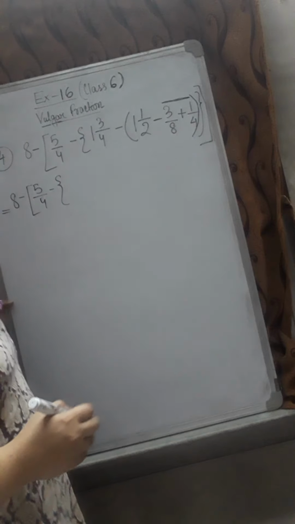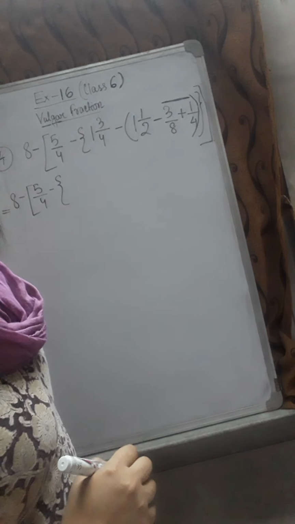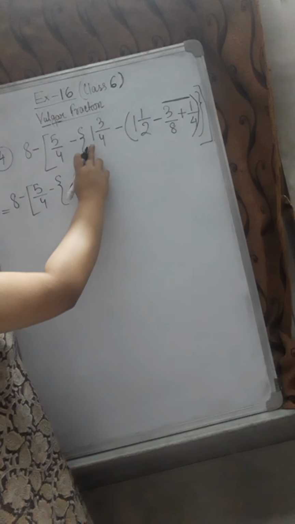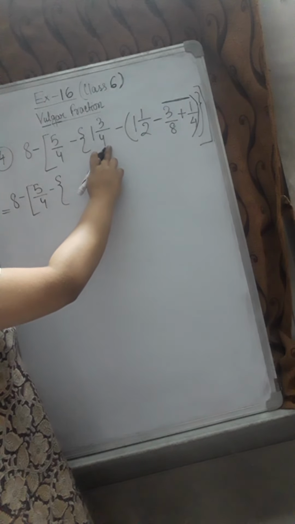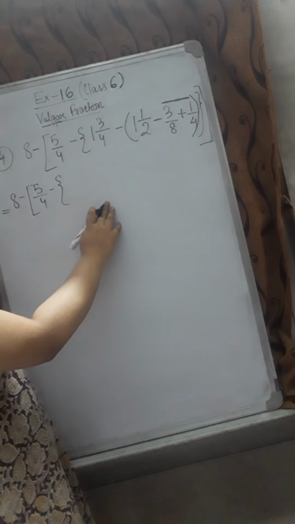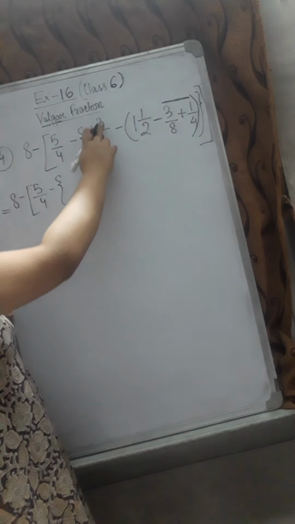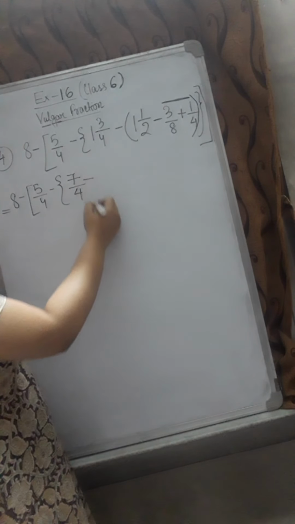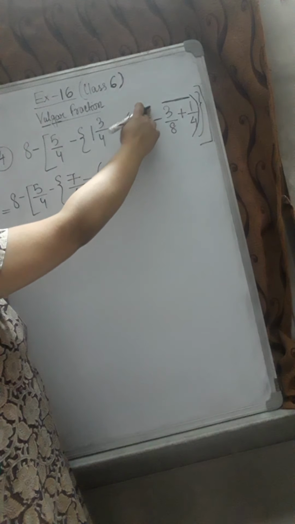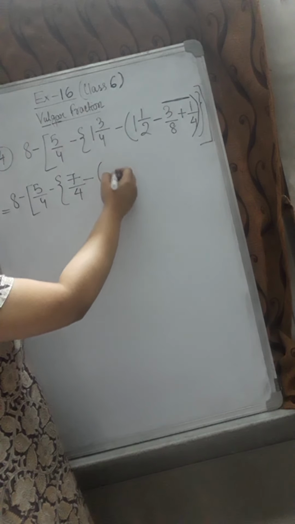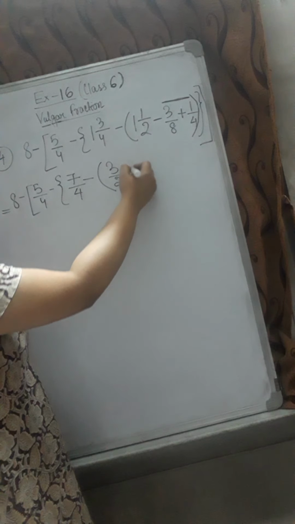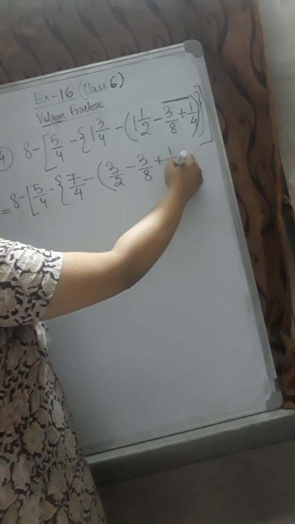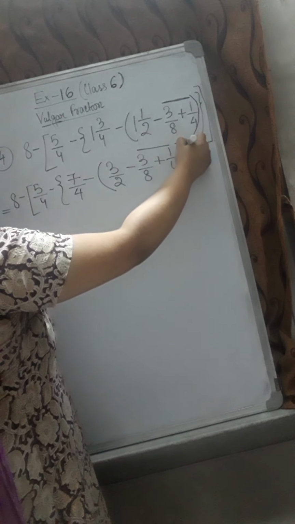And in the first step you can do one more thing. The mixed fractions that are given, you can convert them into improper fractions. So here 1 3/4 is given, a mixed fraction; convert it into improper. 1 4 is 4, plus 3, 7/4, minus 1 1/2, so convert it, 3/2. There are no more mixed fractions. So first step, convert the mixed fraction if it is given in the sum.